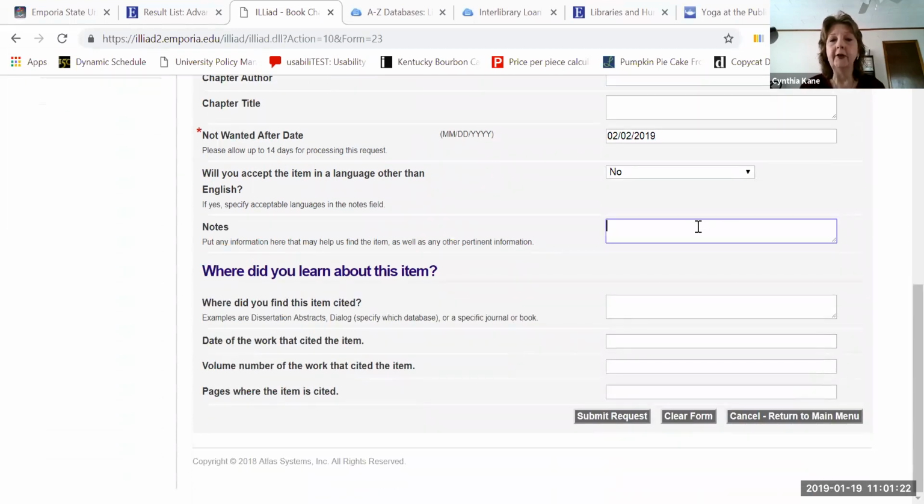And under here, under Notes, this is where I would encourage you to make a note that you're a distance education student with ESU and that this is from a book or a periodical that is available in print in the library, and that will flag that request for us. So we'll say, okay, this is a distance education student, and they do need to have this information scanned and sent to them. So again, you can use this interlibrary loan option both for